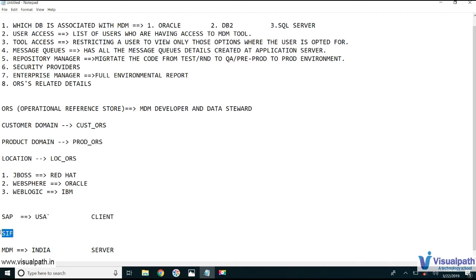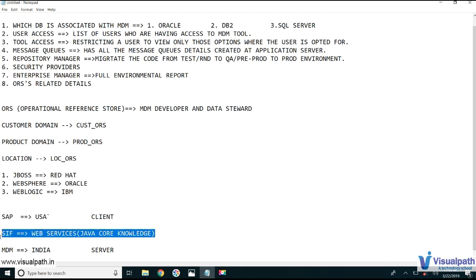Without SIF, no external application can control MDM. It can't read the data, can't execute a job, can't delete the data in the tables. It can't do anything of that kind. SIF works on web services, and for this you require some Java knowledge. Java knowledge is mandatory for SIF. It's not an advanced one. Core Java